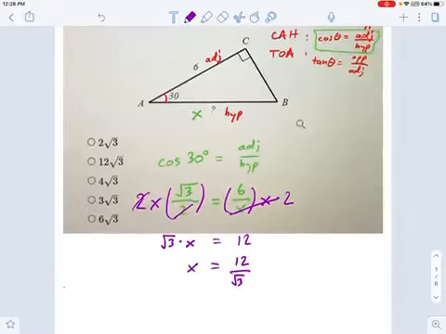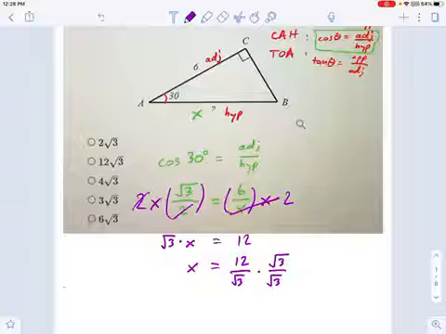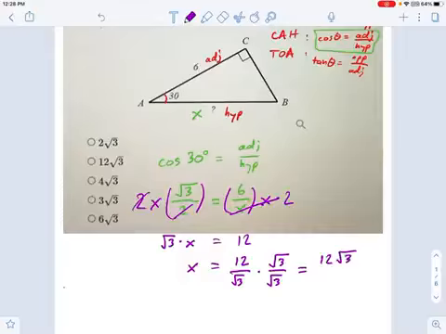Instead of dividing by radical 3, I could try to move the radical up on top of the fraction. And the way we do this is by multiplying by a crazy 1. Take a look at this radical 3 over radical 3 thing. That's equal to 1. I'm not changing the value of x when I multiply by this. All I'm doing is changing the way it looks. So this becomes 12 radical 3 on top divided by 3 on bottom. Square root 3 times square root 3 just equals 3. And 12 divided by 3 is 4. So I've got 4 radical 3 as my answer.